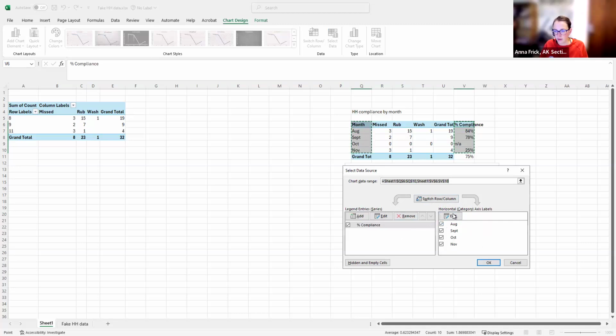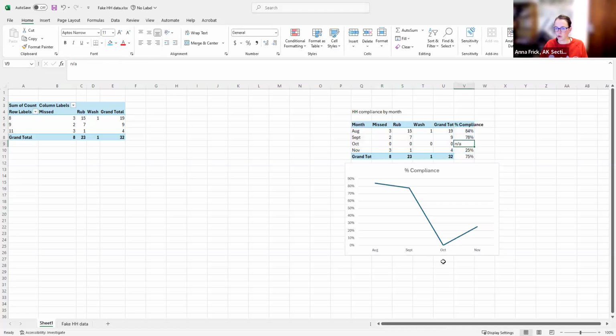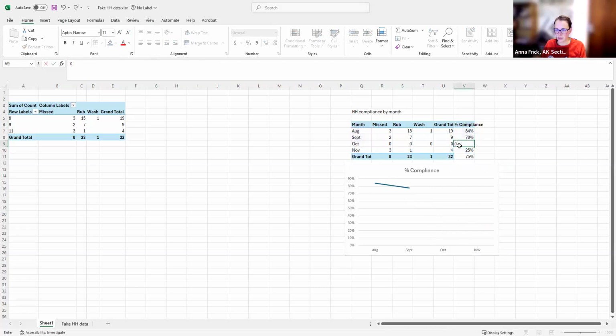Now, one thing I'm thinking about doing, I want to leave October in there, but I might want to remove that data. I'm not super happy with how it's chosen to show a 0 instead of an NA there. So let's see if I make that blank. That's not what I wanted you to do. That's very odd. Let's see, I could put 0 in there.